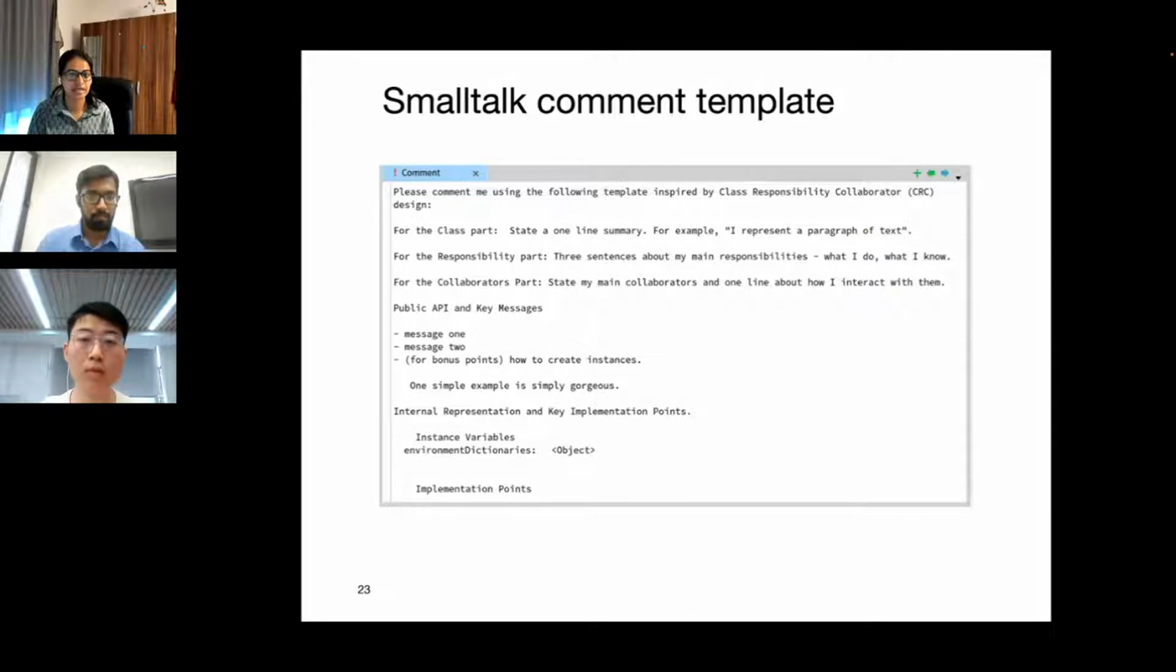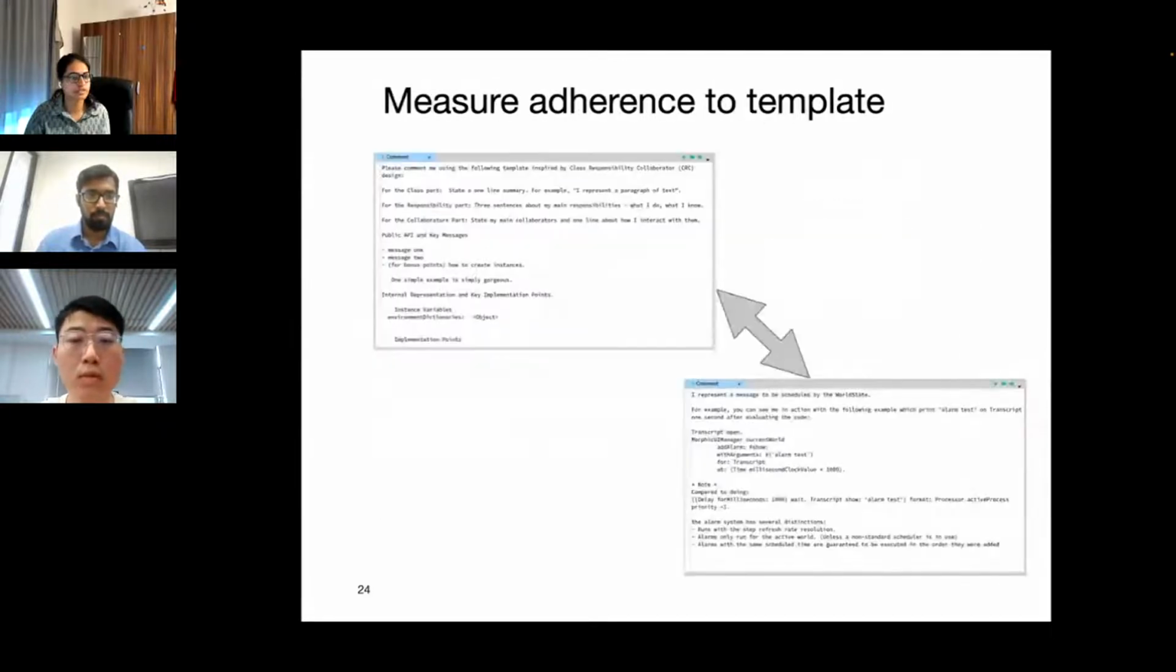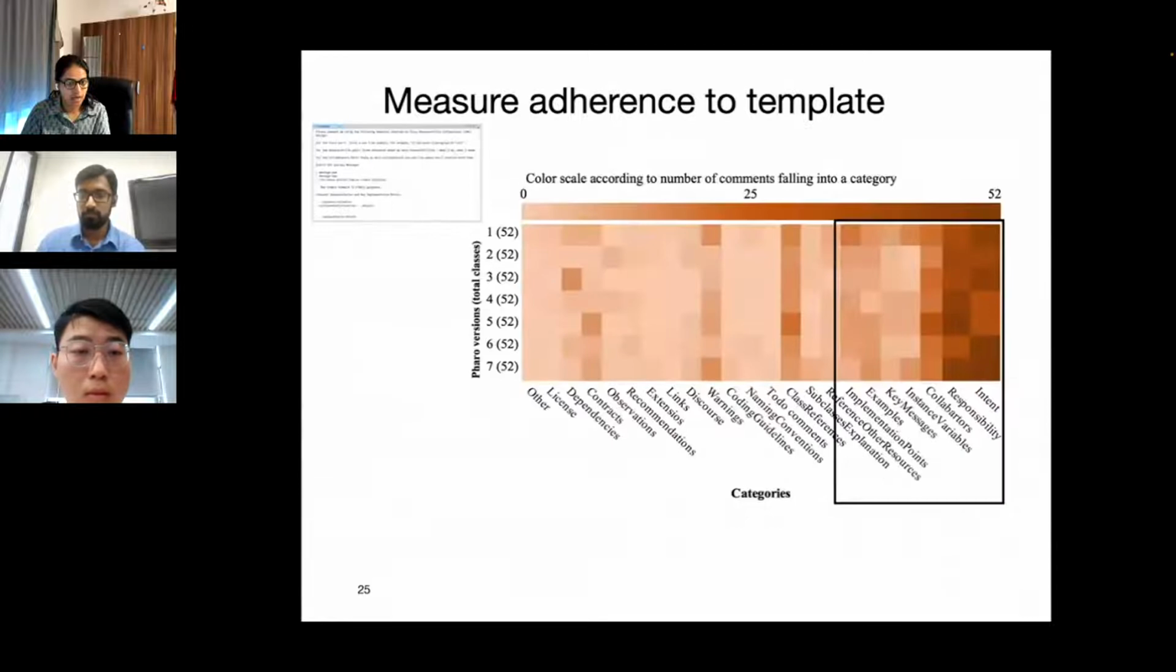So in our study, we measured whether comments follow the template or not. And just to highlight one point, we found that these information types, the frequent information types, were actually inspired from the template. So whatever the template is telling developers to write, it's followed quite much. Also, there are other types of information which developers write, but at least the ones the template suggested were written